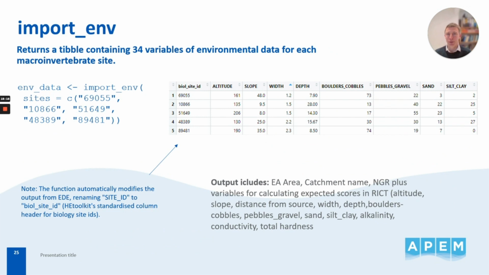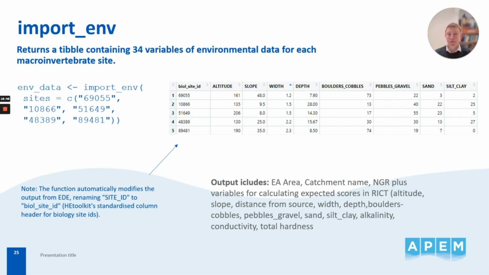Alongside the import INV function, we have the import env function. This allows us to extract from the Ecology Data Explorer the environmental base data, the physical characteristics for each of those invertebrate sampling locations. This is one of the simplest functions to use because all we need to specify is a list of invertebrate sampling site IDs. It returns a table of a total of 34 variables, so one row here for each sampling